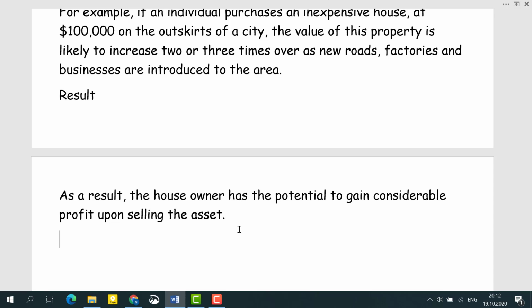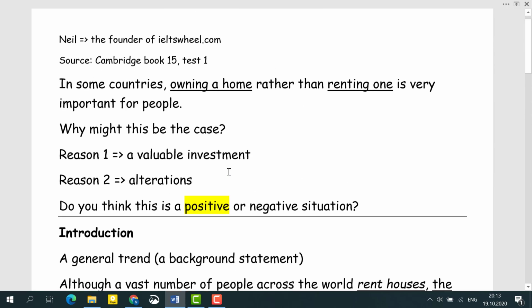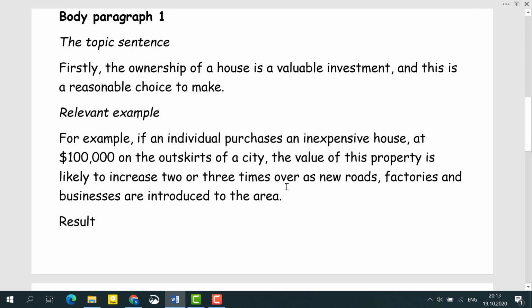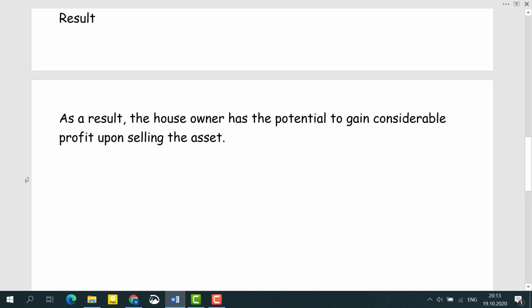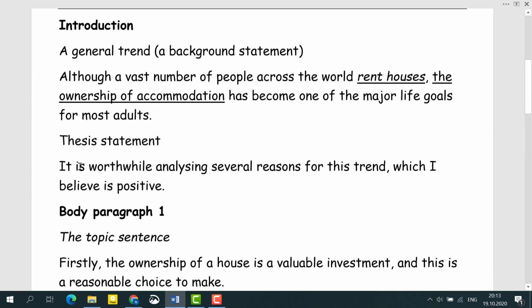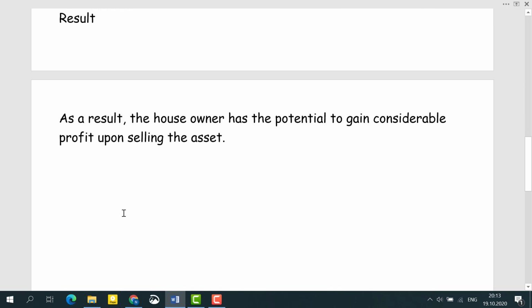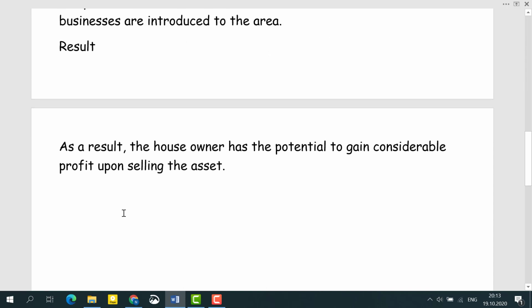Now, what is the next sentence? The next sentence is here we are talking about two aspects, owning a home and renting one. Okay, so we need to remember this, and we need to focus on the second aspect and to say that it's very difficult to do it when a person just rents a house. Okay, so we can do it. Now, how can we do it? Basically here, we should just write, let's say, the opposite situation.